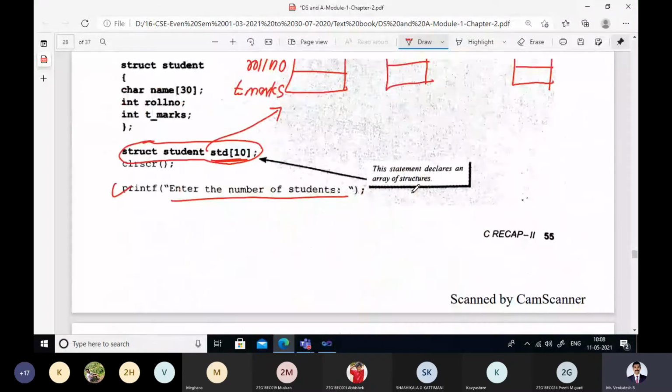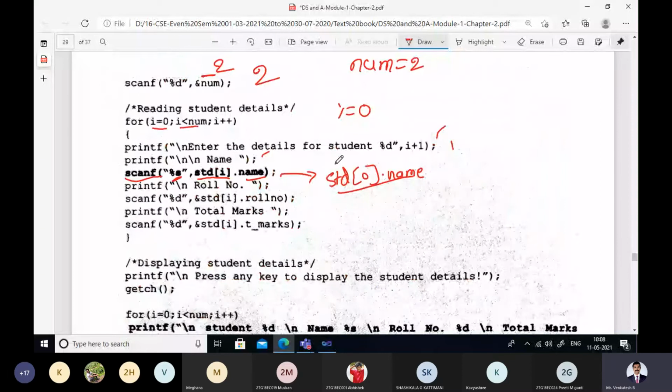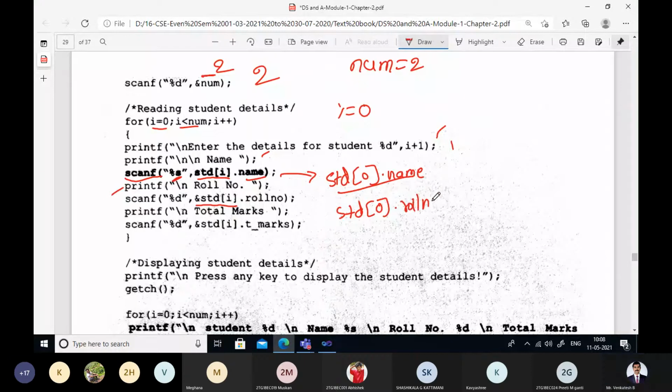Next, ask user to enter the roll number, and where you have to store that? At the address of std of I dot roll number. That means std of 0, because I is 0, 0 dot roll number will get that value. So if you have given 10 as the roll number, then this member, the roll number will get a value of 10.